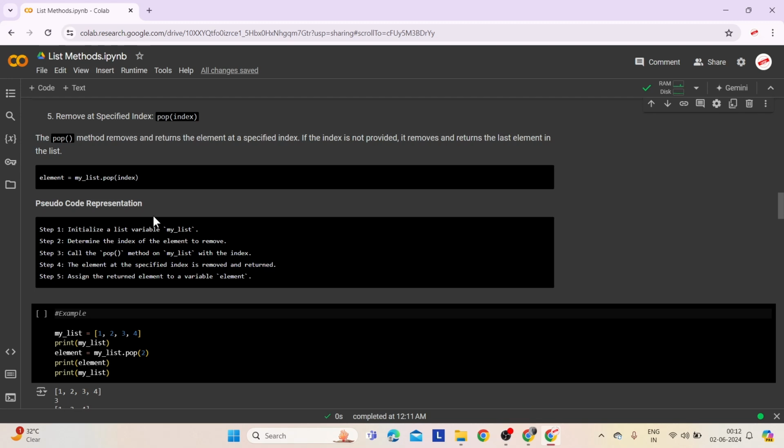Let's look at the pseudocode representation of it as a summary of how to do it. First, start by creating a list named mylist. Then decide which element you want to remove by determining its index in the list. Use the pop method on mylist, passing the determined index as an argument. This method removes the element at a specified index from mylist and returns it. You can assign the returned element to a variable named element if you want to store or further use it